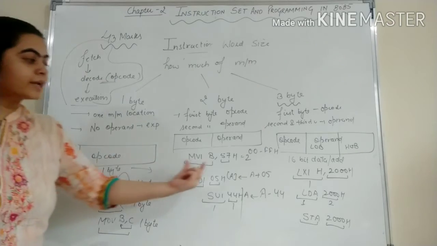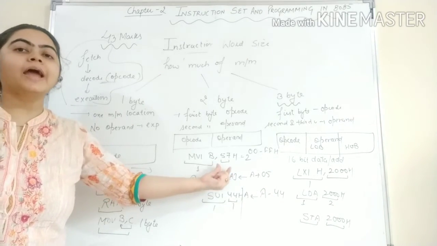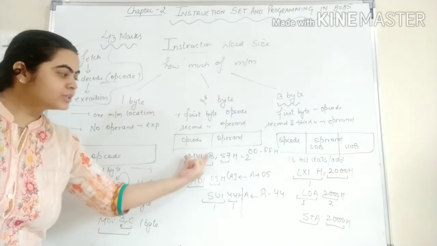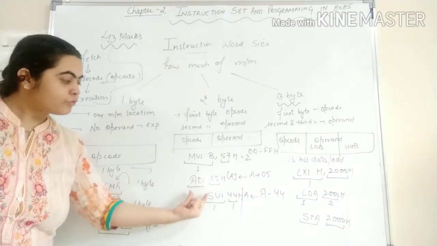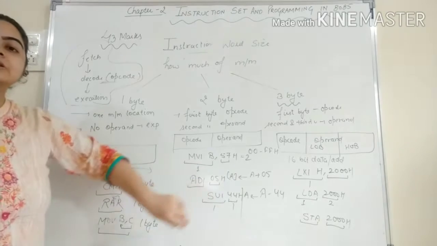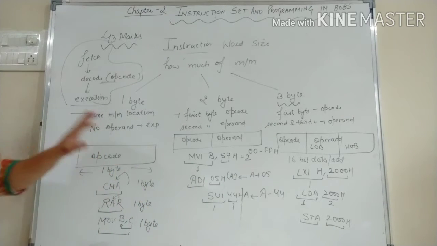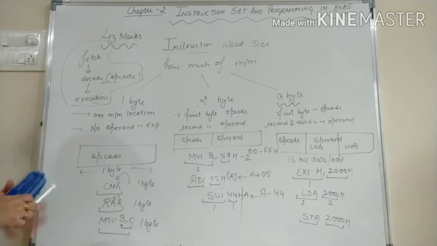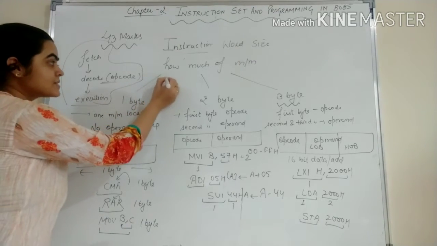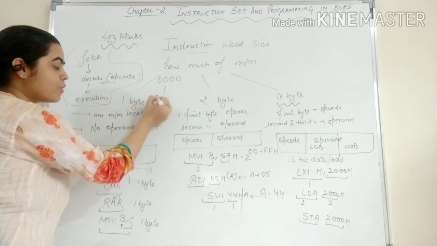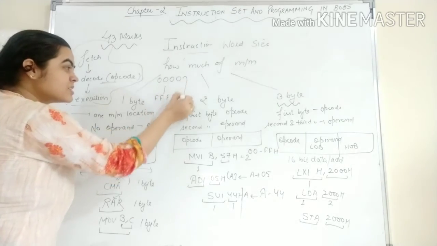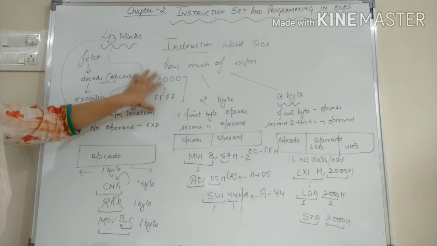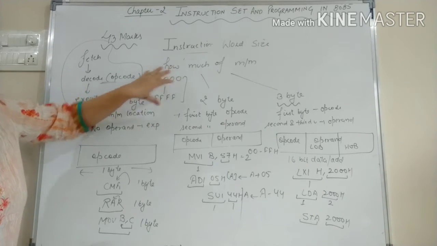Okay, so we cannot specify the opcode for any of the numbers. We can specify the opcode for this only, that is MVI B, or ADI only. 05 is the data, and data is infinite, so we cannot write an opcode for data as well as the addresses, because again the address range starts from 0000 to FFFFH. So that means these are infinite numbers, and it is not possible to write the opcode for these addresses also.